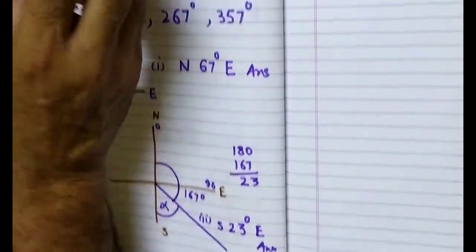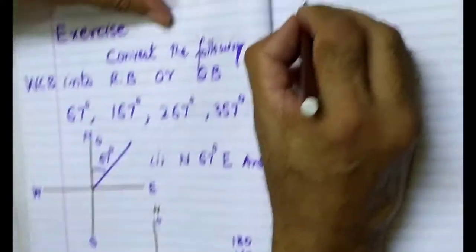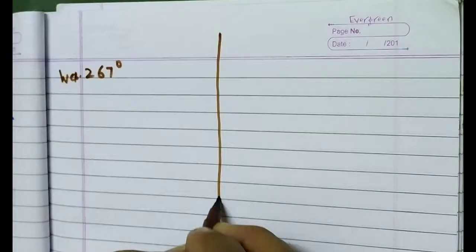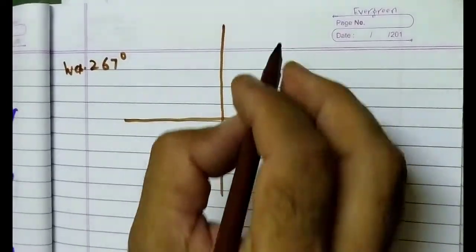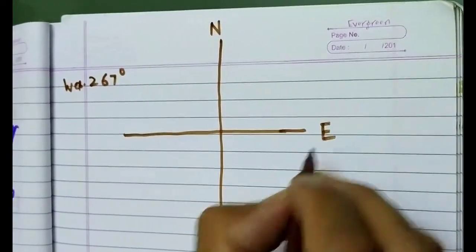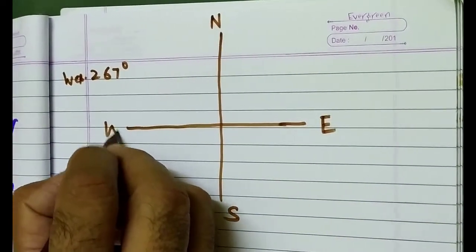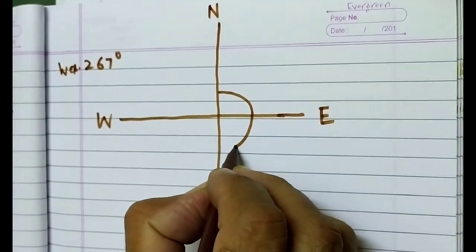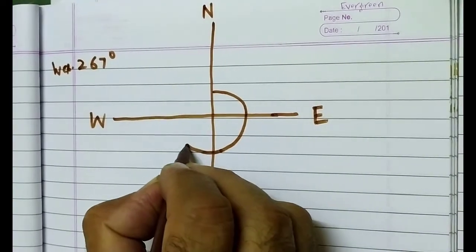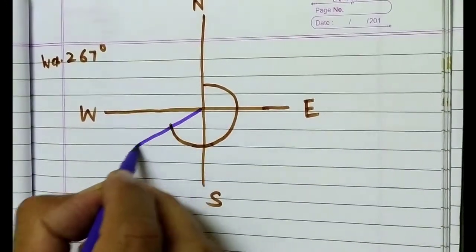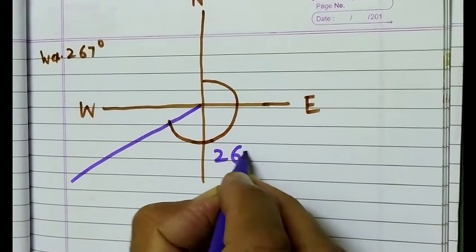Then go for the 267 degree. So 267 degree is the whole circle bearing. Again draw this. Sketch will help you. Starter will start this. After practice you can do it automatically. North, right hand side east, then south, this is west. So 0 is at north, this is 90 degree, 180 degree, and then this is 267 degree. So this will be the bearing of the line.